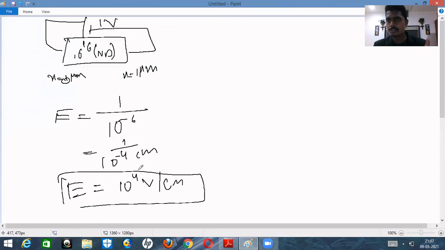And here you need to remember well that this electric field intensity is constant all through it. Why? Because the given semiconductor is a uniform semiconductor, the cross-sectional area is constant, and thereby the doping concentration is also same, and also the electric field intensity is also same. So these are the three things you need. So at x is equal to 0.2, what is the electric field intensity? 10 power 4. At 0.5 also 10 power 4. At whichever point we take, for a uniform semiconductor the doping concentration will be same, so thereby the electric field intensity will also be same, obviously, right? So this is the thing. So this we can configure from this figure, right?